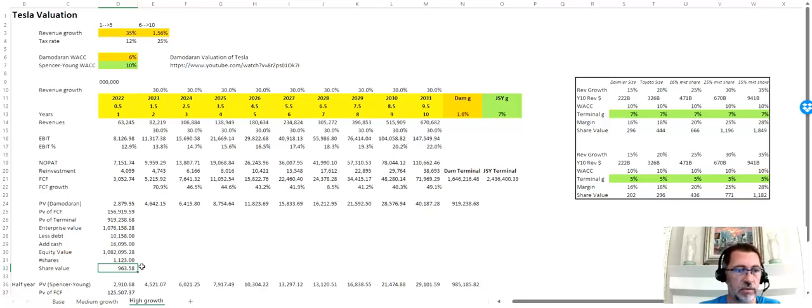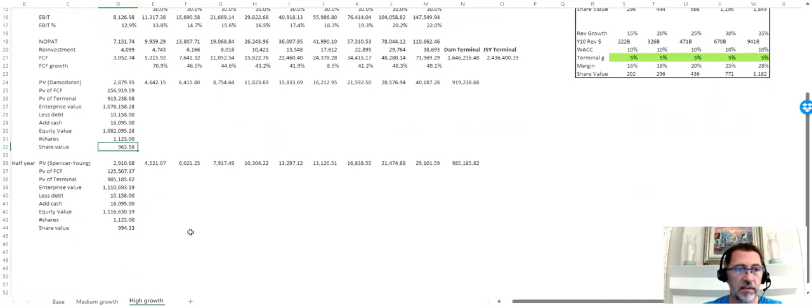And this is using Damodaran's data, suggesting that $963 a share is the valuation based on this forecast. Using my slightly different methodology, you'll see my valuation is a hair higher, $994 a share.